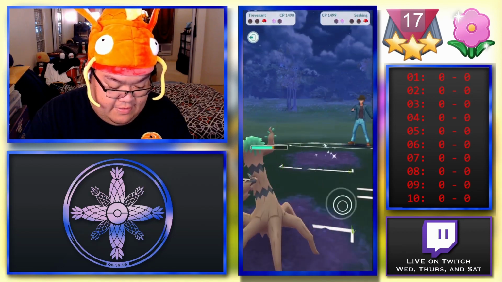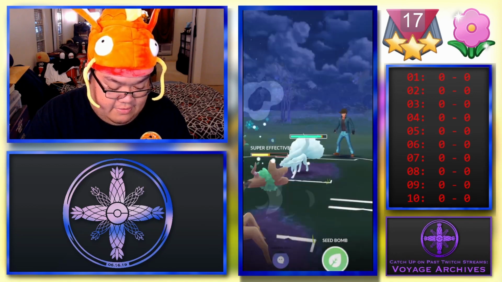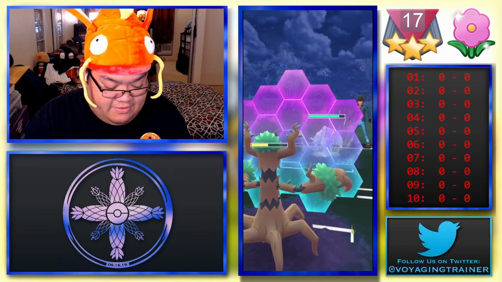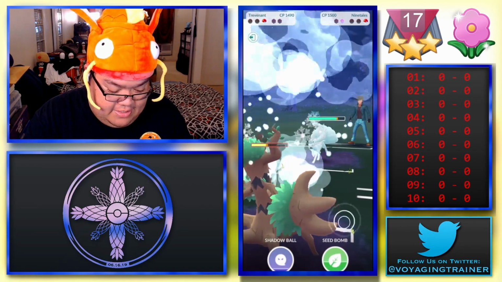And then we'll go ahead and bring back the Trevenant. In which case, we're once again face to face with the Alolan Ninetales, who I believe does have a Weather Ball up and running. So we'll go ahead and shield out here. And the big question is, can I get to...